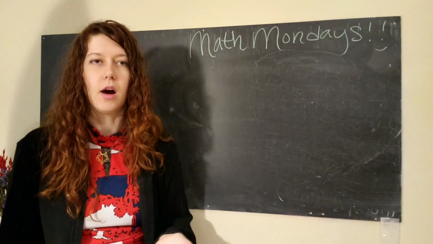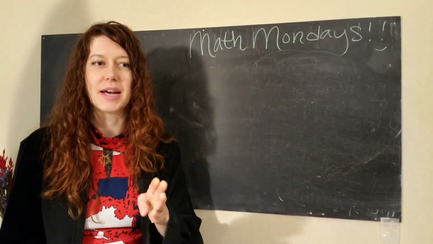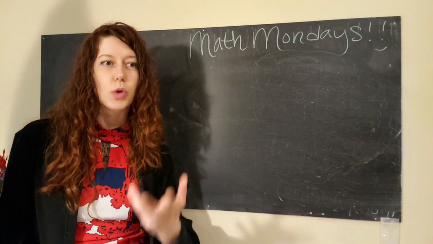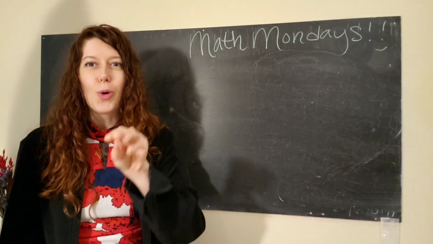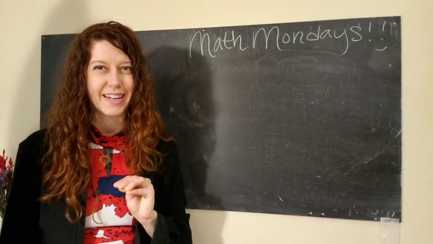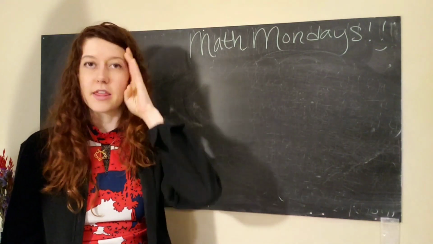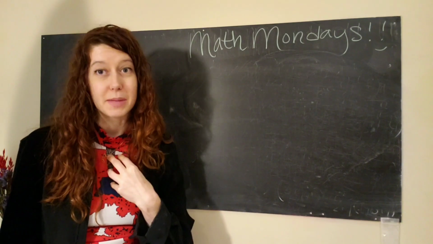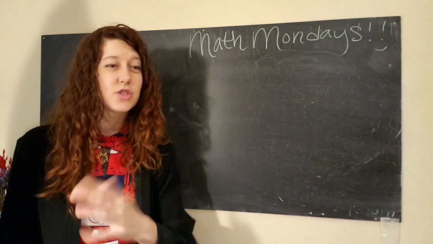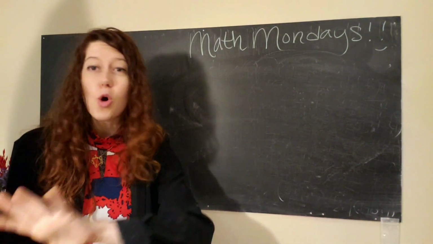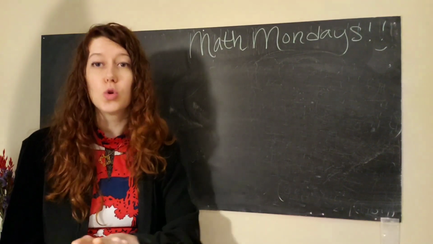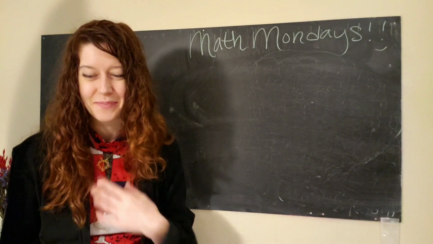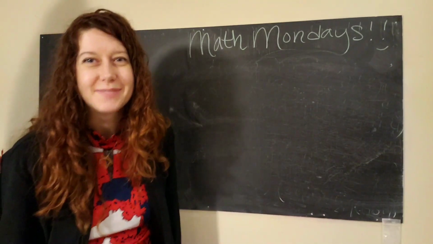One thing that I want to point out is that with probability, especially when we're talking about things like birthdays, it's really helpful to remember to pull ourselves out of the spotlight, because it's not saying that those 22 other people might have the same birthday as me. It's just saying that out of those 23 people, two of those folks will have the same birthday. It has nothing to do with me, which is probably a good thing.